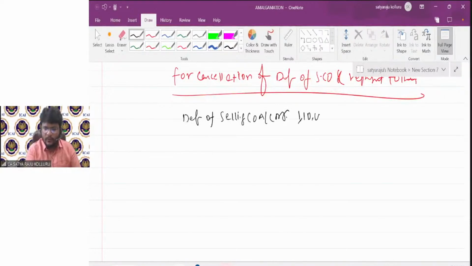If it is 1,10,000, let us assume, and you are issuing your own company debentures, then to 10% debentures account